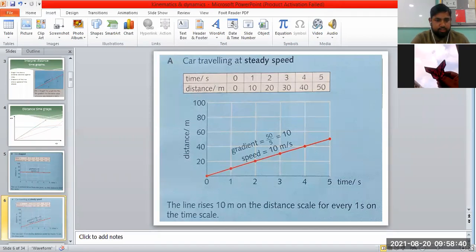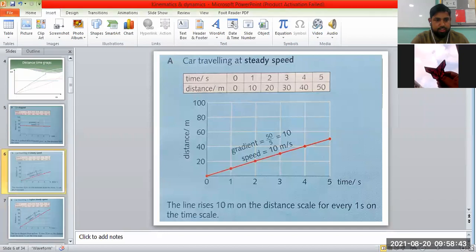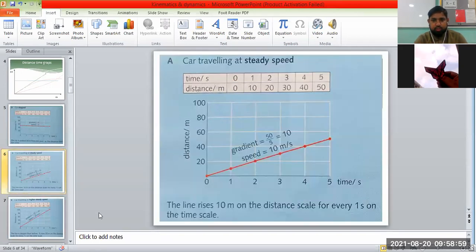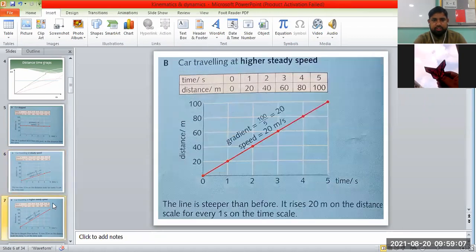That's very good, beta. So tell me what will be the difference in these two. One is this graph and second is this graph. Is there a difference in these two graphs? I cannot show the comparison, but you will have to look at it one by one. The gradient will tell us. This graph shows a speed of 10 meters per second, and this graph shows a speed of 20 meters per second. So its slope has increased. Is that clear?